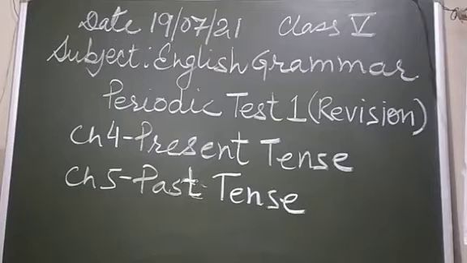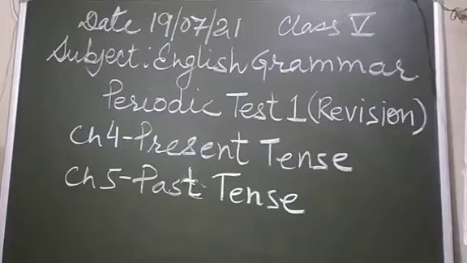The major tenses in English are the present tense, past tense and the future tense. Today in chapters number 4 and 5 we'll revise present tense and past tense. Present tense, past tense and future tense are further divided into four categories, and these are the simple present tense, present continuous, present perfect tense and present perfect continuous tense. In the same way we have in past tense also and in the future tense also. Now what all is there in your syllabus? This we will study through the book. So let us start with our books.